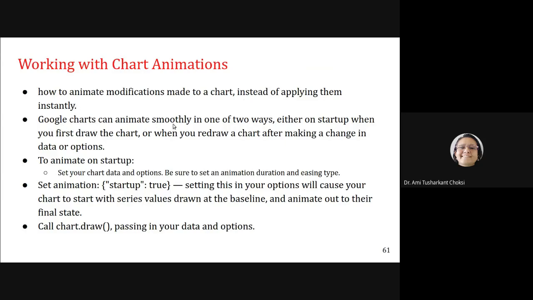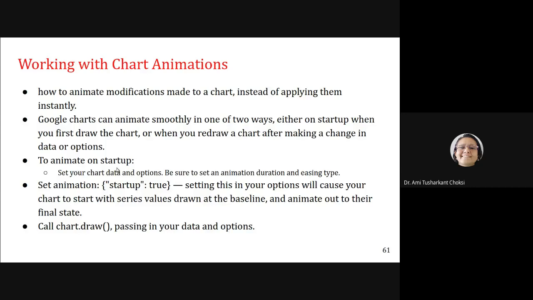Google Charts can animate smoothly in one of two ways, either on startup when you first draw the chart, or when you redraw a chart after making a change in data or options.